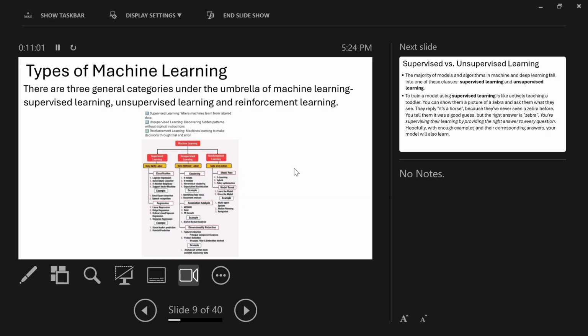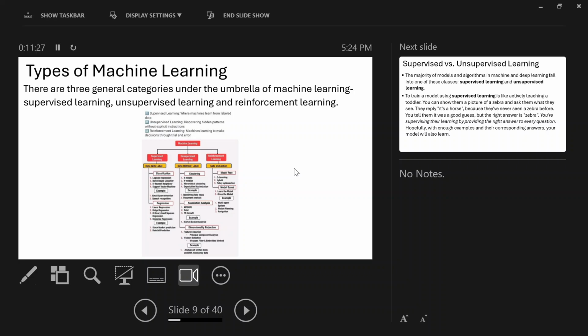Supervised learning is learning from labeled data. In unsupervised learning, the data is not labeled, but given the data, you are trying to find relationships or hidden patterns within the data. Reinforcement learning is giving machines the ability to make decisions through trial and error.